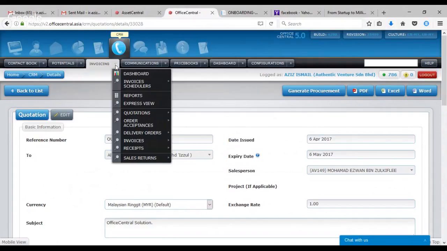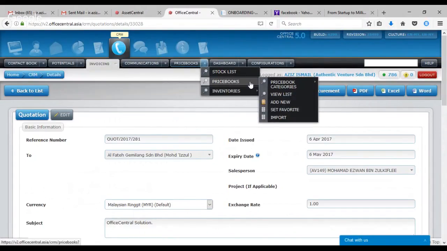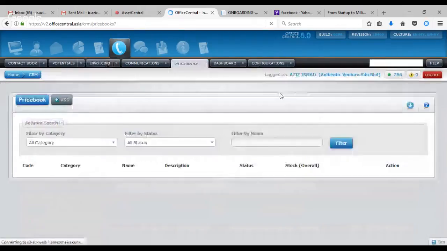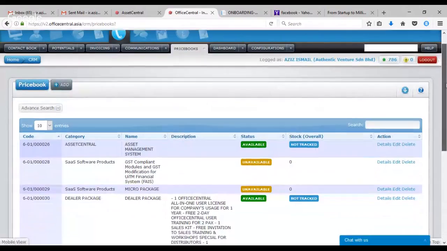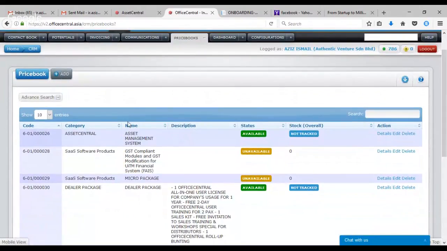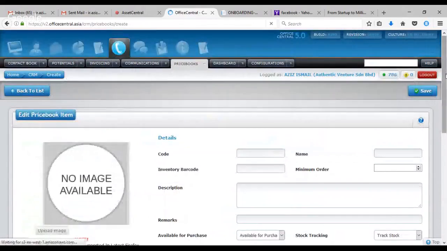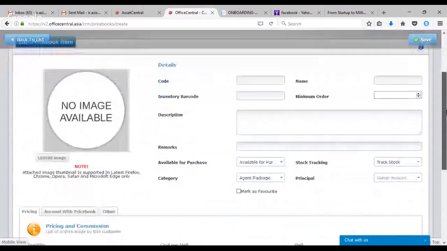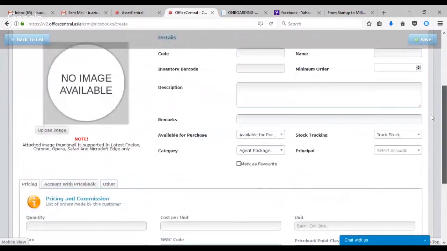And how they do that here. One of them is the price book. You build your price book here. All your things, the ones that you sell, you actually put in the price book. When you want to add a new product, you just click here, and you are given the page to. So that is the price book page, and